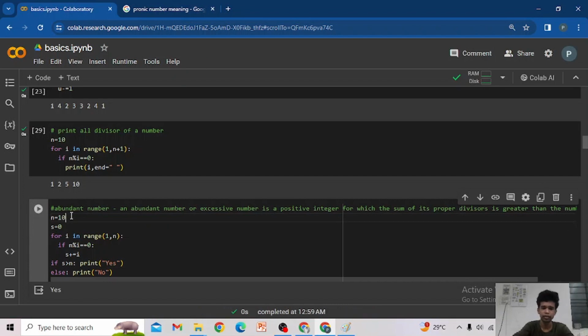Again, for 10, the output is no. Why? Because the sum is 8 only, right? So 8 is not greater than 10, right? And then